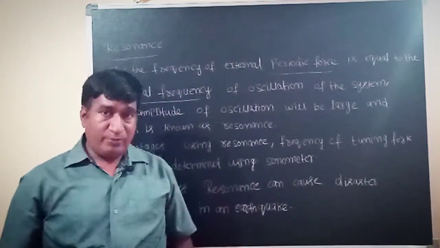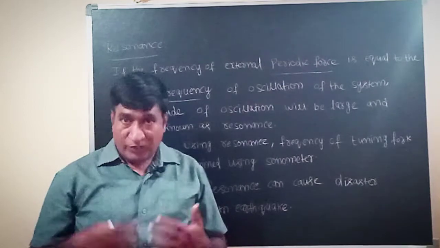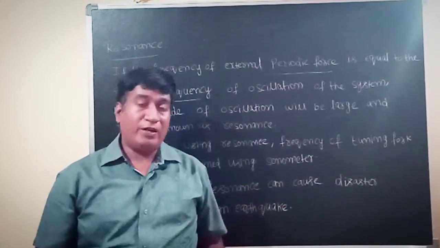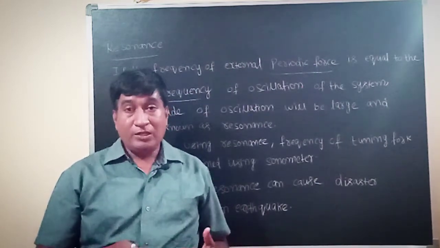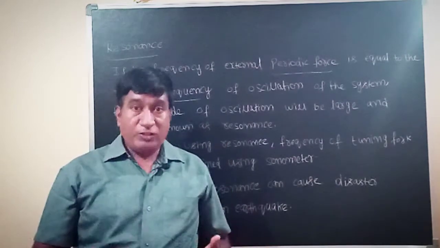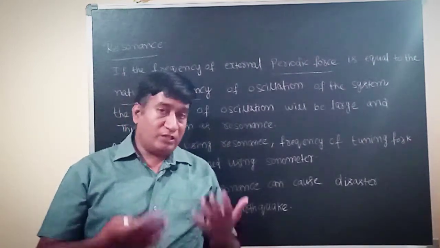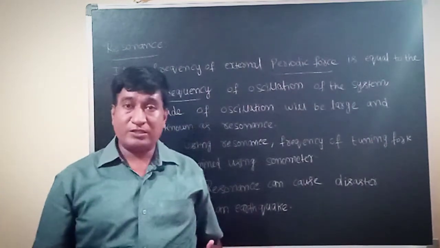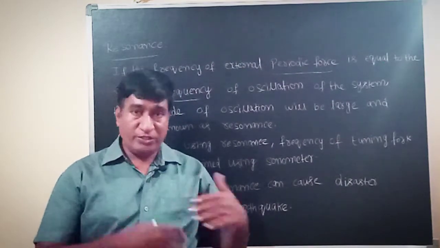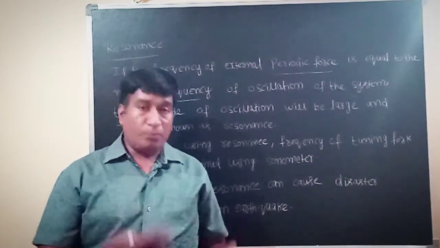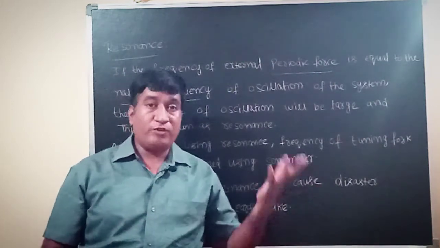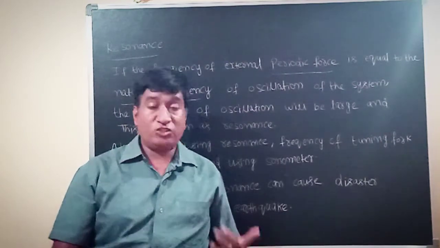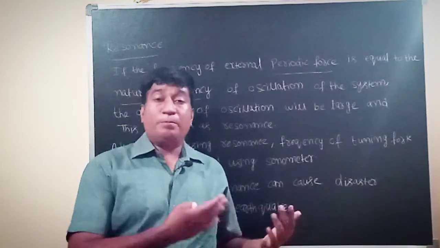Whenever an earthquake comes, some waves arrive, and if the wave frequency equals the frequency of the buildings, then the building vibrates with more amplitude, and there is a chance it will fall. One more example I can tell here: whenever soldiers march on bridges, they are told not to march in step. Why? Because the frequency of the bridge can equal the frequency of the soldiers, and whenever they march, there is a chance the bridge will collapse.